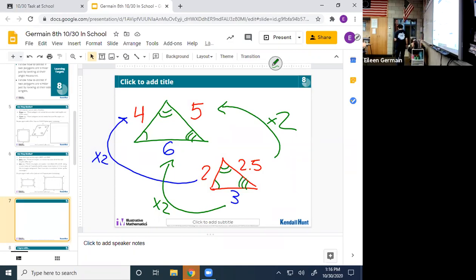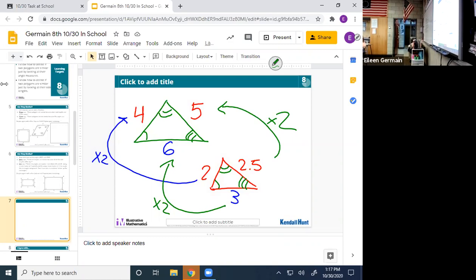Nice job. Awesome. And I love that I took a minute to do this because I want to really hit home to you that, you know what, Jaden, that was really awesome what you said back there. I'm actually going to take a second to read it out. So Jaden said that yes, 2 is half of 4, 3 is half of 6, and 2.5 is half of 5. Jaden, that was really impressive. Awesome job there, my friend.